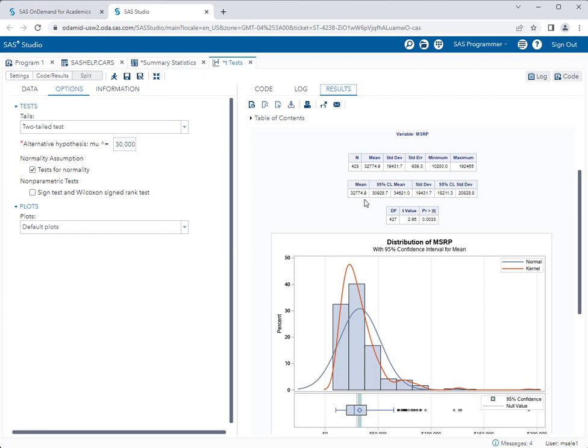So again, in this case, because our p-value is lower than 0.05, we reject the null hypothesis. Therefore, the alternative hypothesis that the MSRP is not equal to $30,000 is plausible. Of course, you would set this up pretty much the exact same way if you were doing a one-tailed upper or a one-tailed lower, and you would interpret the p-value the exact same way